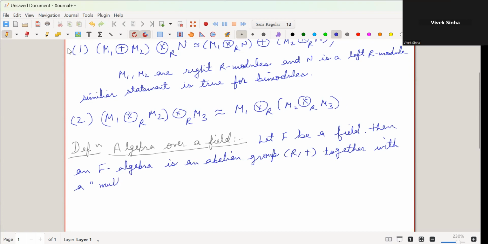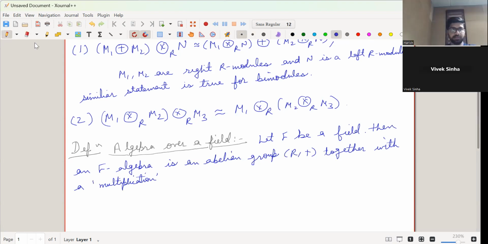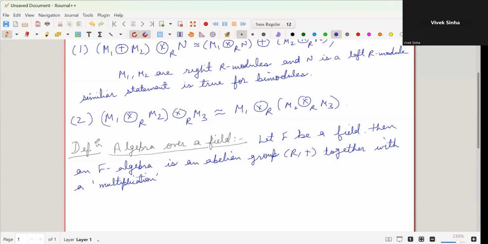That means there is a multiplication from R cross R to R and a scalar multiplication from F cross R to R, such that